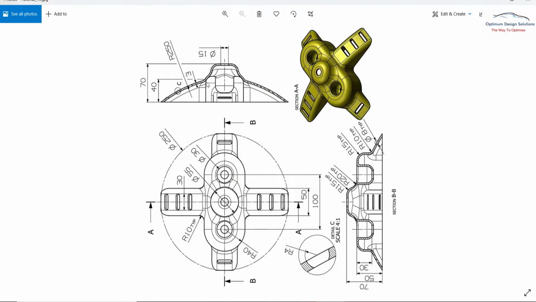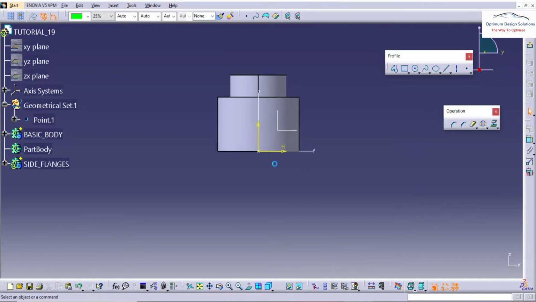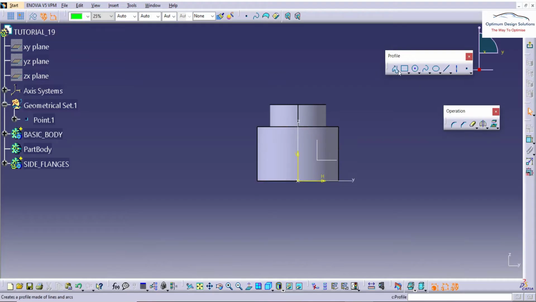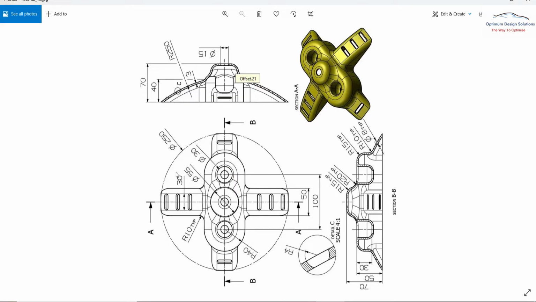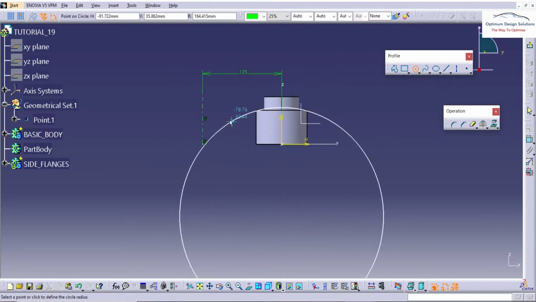From the dimensions you can see in section view AA, it is very useful for us to draw our sketch by using section view AA. So here is the circle, the total dotted circle is 250. Firstly we get one point which is away from the center: 250, which means radially 125, or 250 divided by 2. So the start point is completed. Next, the arc is of 250 R, you can see here.